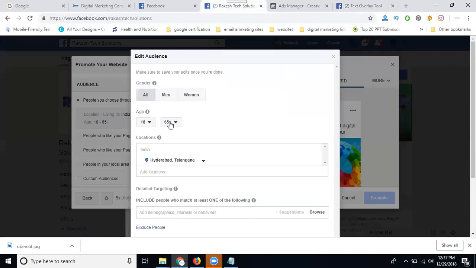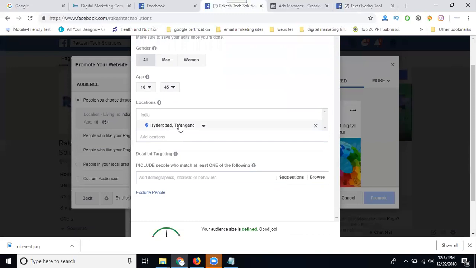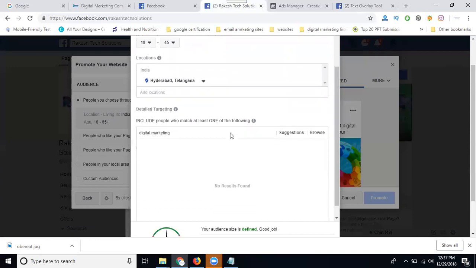Men or women. Age, I'm setting only up to 45 years. Location is Hyderabad, Telangana. Here I'm setting interested people only for digital marketing, entire digital marketing, not for SEO, not for anything else. So I'm searching for digital marketing.